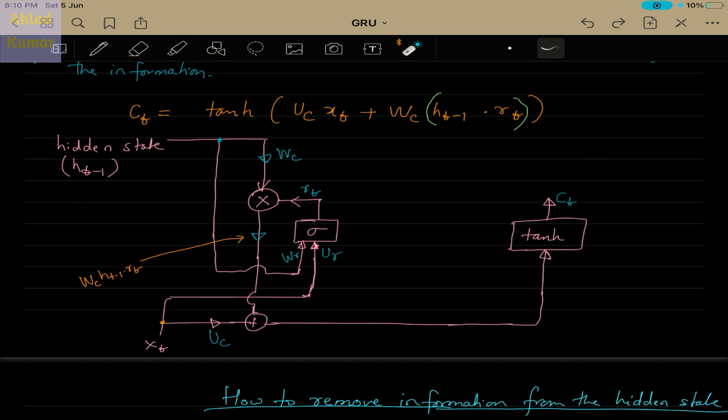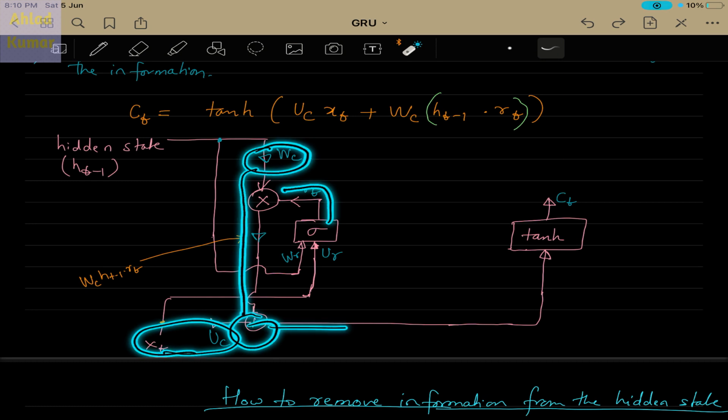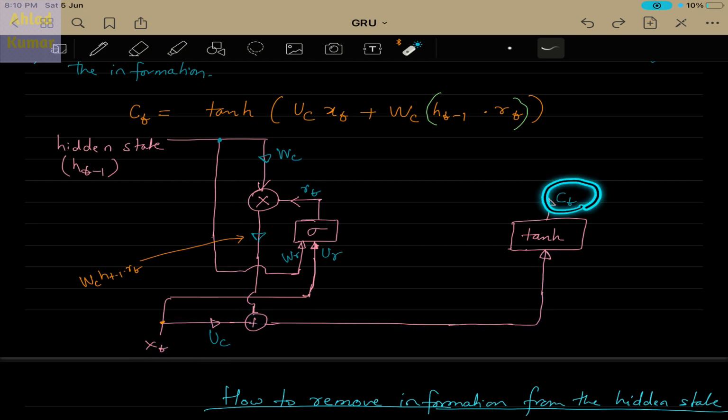So this architecture clearly shows that the output of this reset gate controls the hidden state information, and whatever goes as an output will be added to xt Uc, so that once the summation is done, it will be passed through this tanh to get the candidate state ct. So you can see clearly that Uc xt is basically xt times Uc. Uc is the weights which connect the input to the hidden layer here,